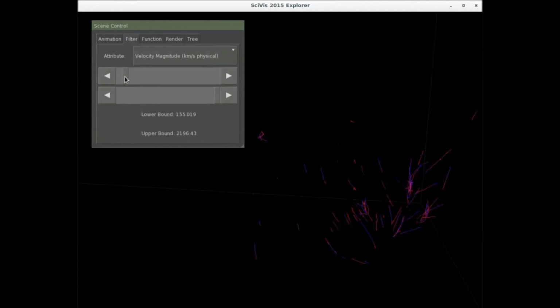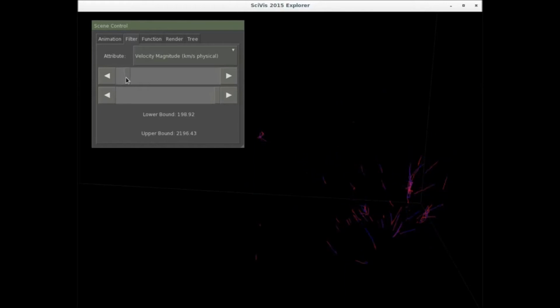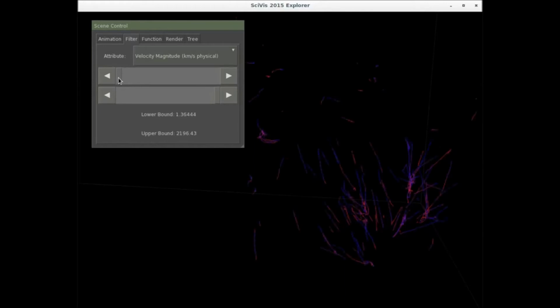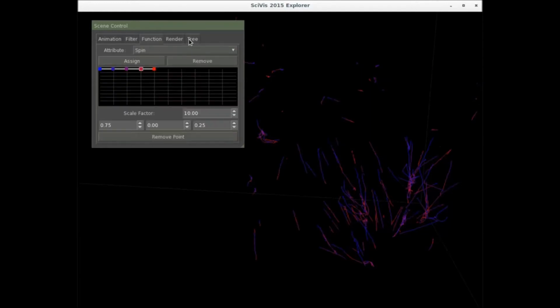So you can see how adjusting this lower bound here shows me more or less of the halos based on their velocity. Now you can see that there's an interesting relationship. It seems like lower velocity halos have lower spin and higher velocity halos have higher spin. So this is an example of how you can use this tool to get a better understanding of the data and to